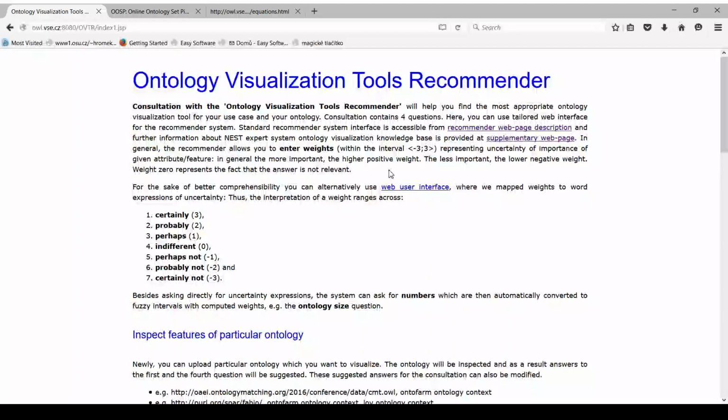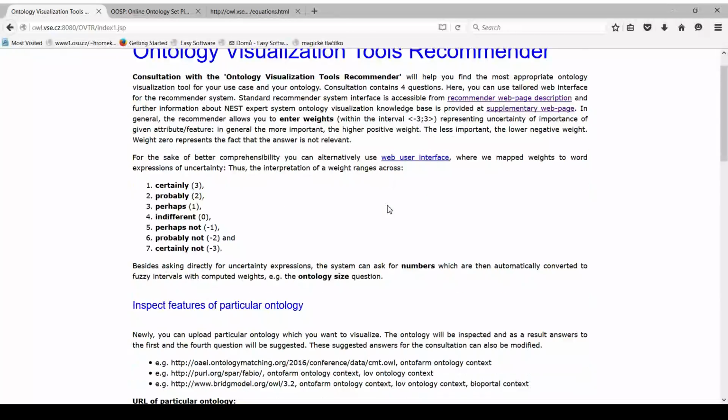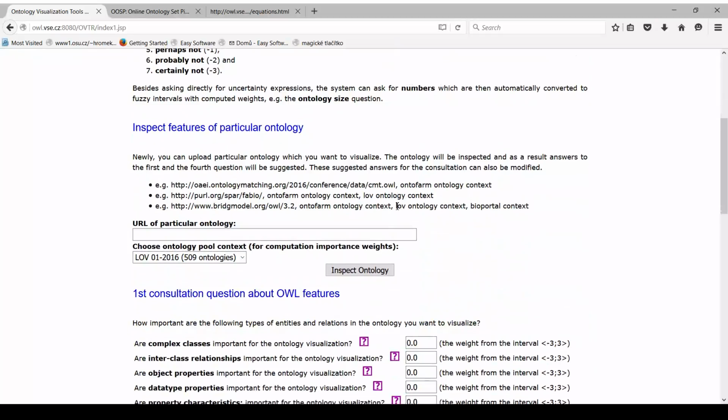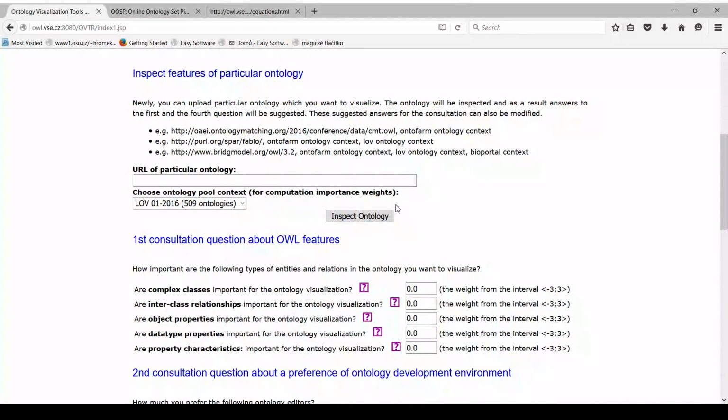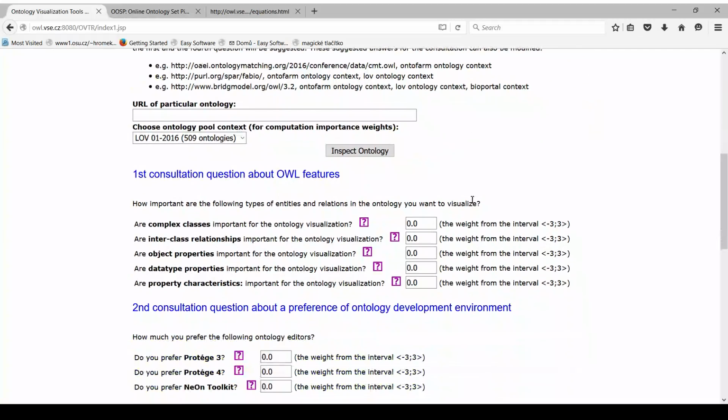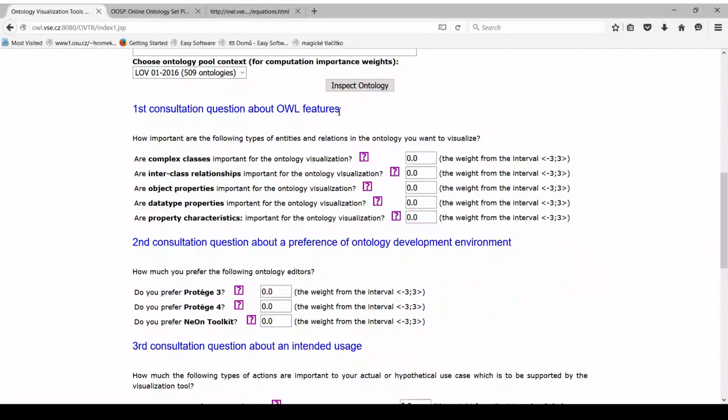So this tool is basically a web application which has tailored web page, and it collects important information for the recommender. So there are 4 types of questions. The first one is about OWL features. So the user can say which OWL features are important for the user and how much on the range -3